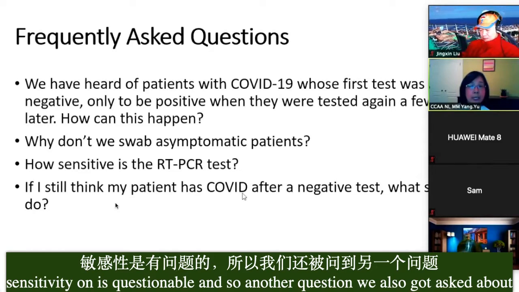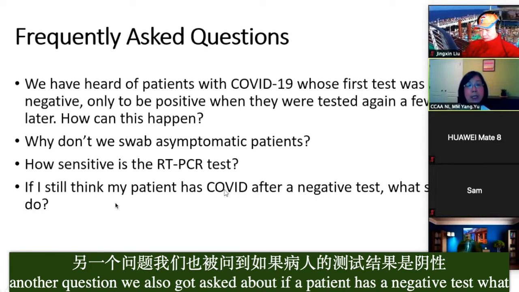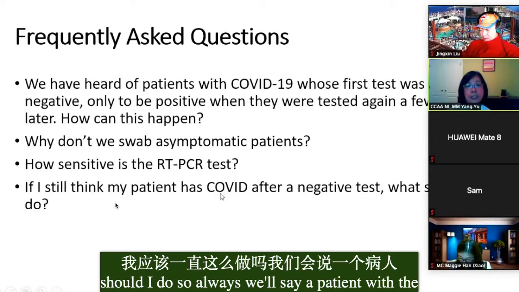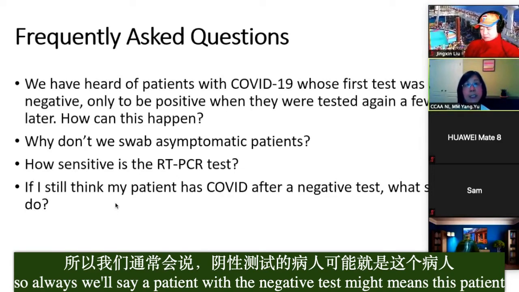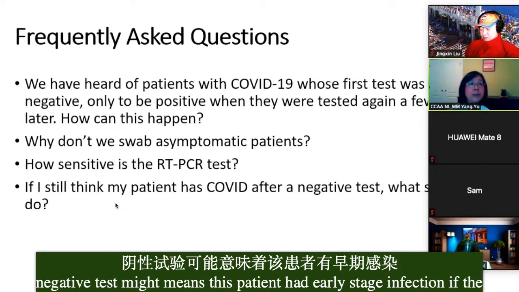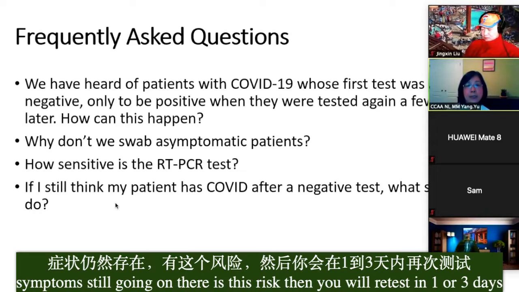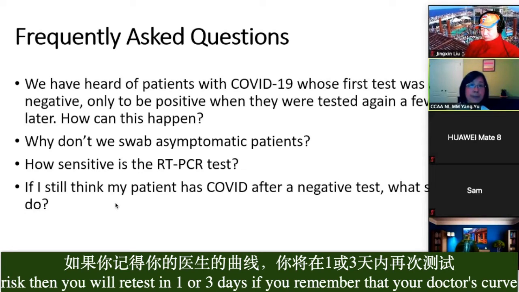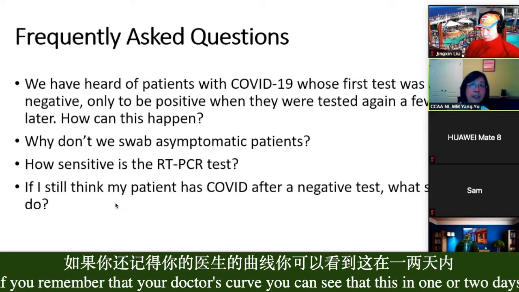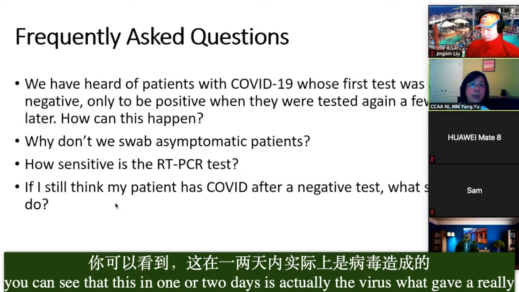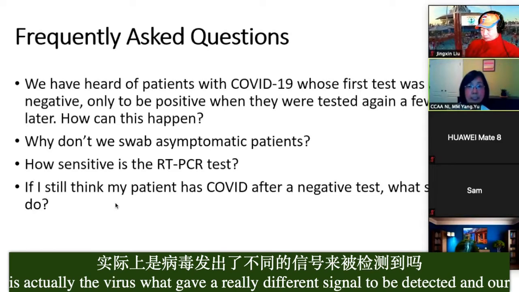Another question we also got asked is, if a patient has a negative test, what should I do? We always say a patient with a negative test might have an early stage infection. If the symptoms are still going on and there is this risk, then you will retest in 1 or 3 days. If you remember that ER doctor's curve, you can see that in just 1 or 2 days, the virus would give a really different signal